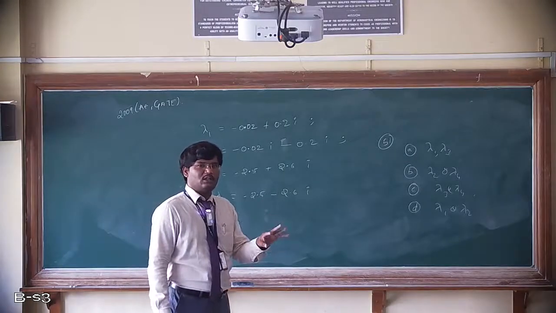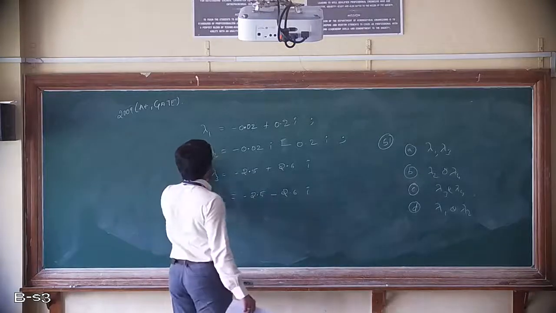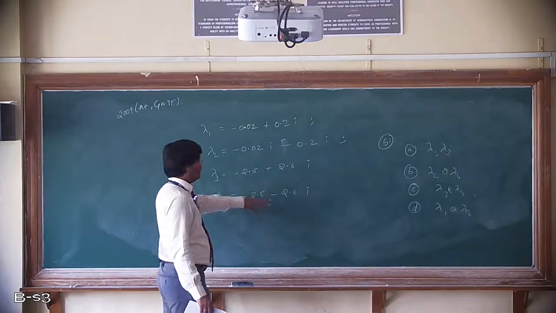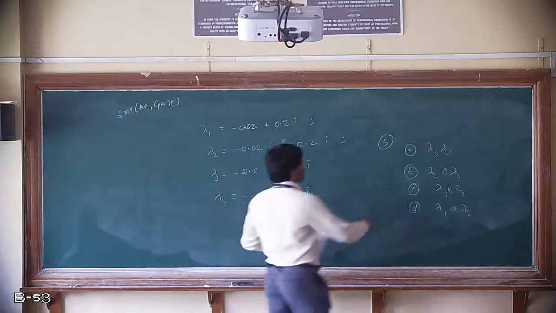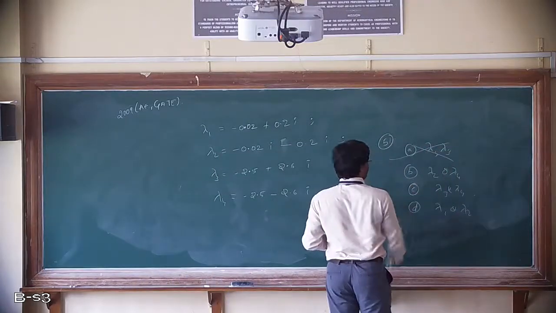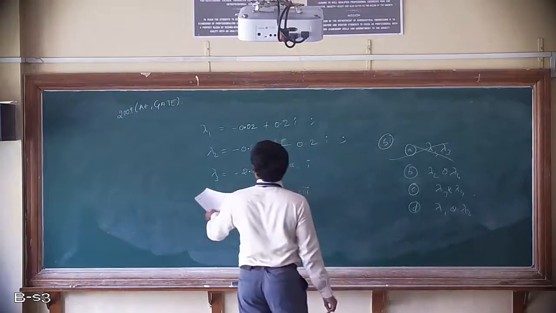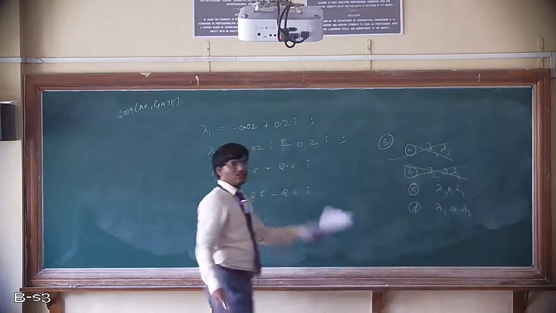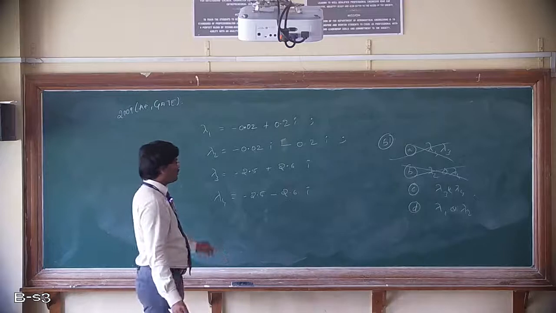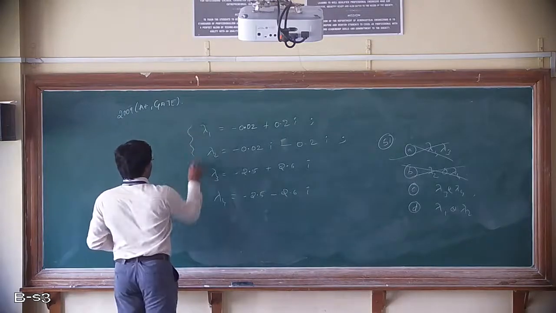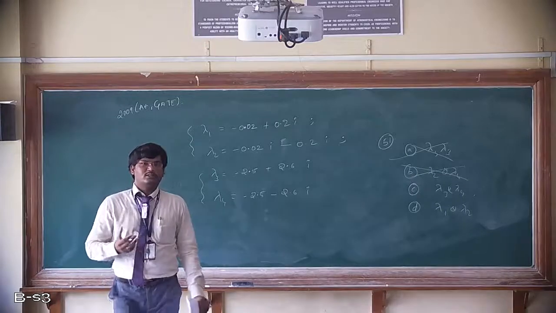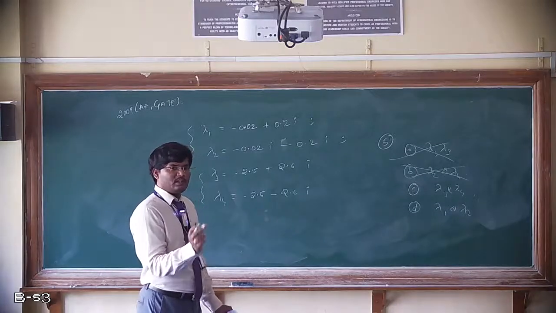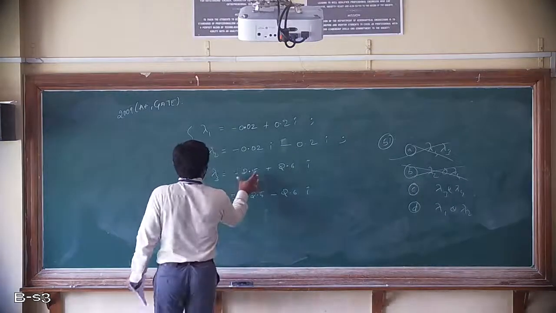Okay, so which one is true? For Phugoid mode, the concept is clear. Definitely, for Phugoid mode or long period mode, the roots are complex conjugate numbers. Here lambda 1, lambda 2 are complex conjugates, and lambda 3, lambda 4 are complex conjugates. It is not lambda 1, lambda 3, so you can remove that, and lambda 2, lambda 4 you can remove too, because those are not complex conjugates. So you have to find from lambda 1, lambda 2 and lambda 3, lambda 4.